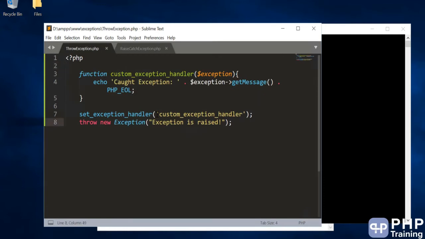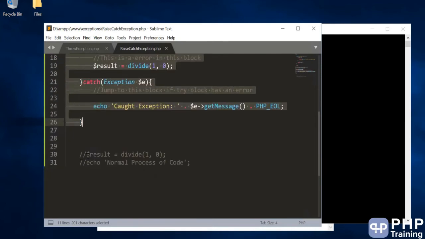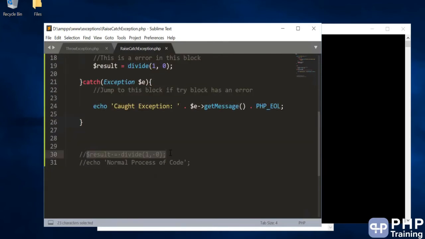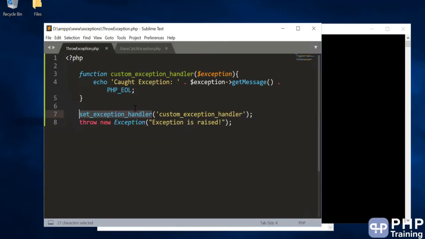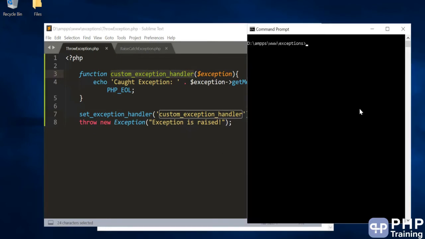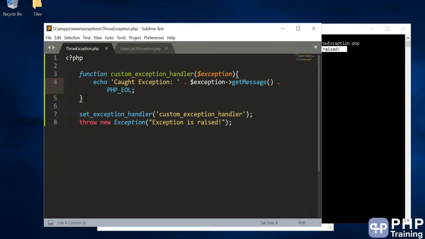What we are doing is we are changing the exception handler. You have seen in this case wherein when you just run this, PHP takes the control. We are taking the control back from PHP and saying set this as your exception handler, and if you see an error anywhere, please send it to this method. Okay, so let's run this. And you can see we are able to catch the exception, and the exception is raised from this method. That's the caught exception and the message of that exception.